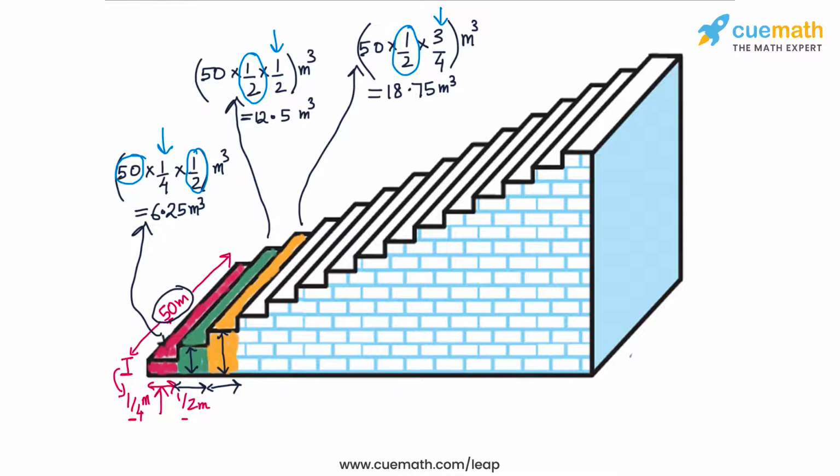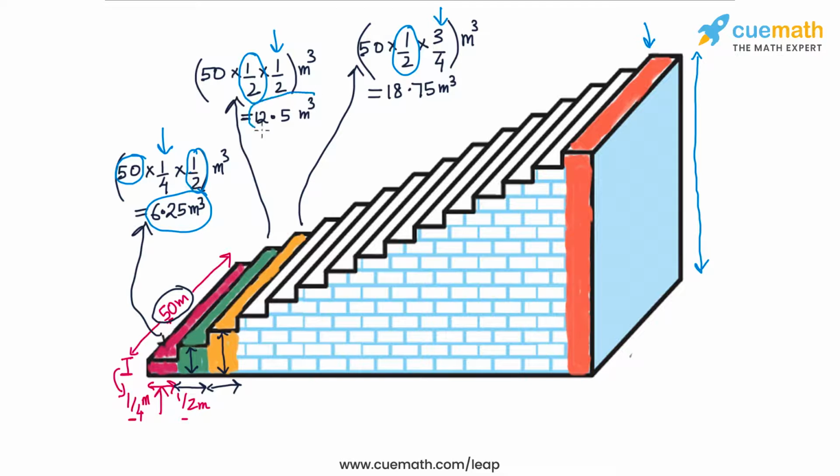And we will continue this sequence up to the last step, in which the only dimension that will be different from the other steps is the total height, which will be 15 times 1/4. So what you get as the sequence of volumes is 6.25, 12.5,